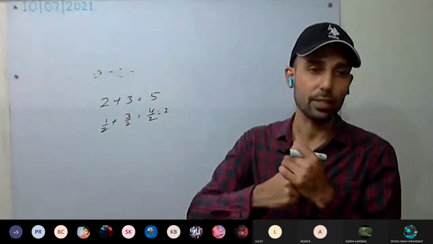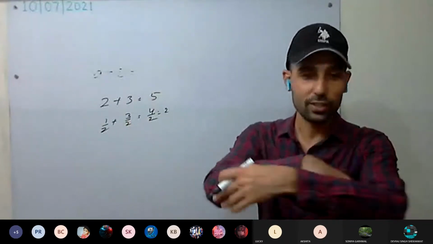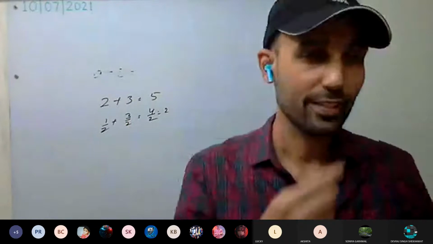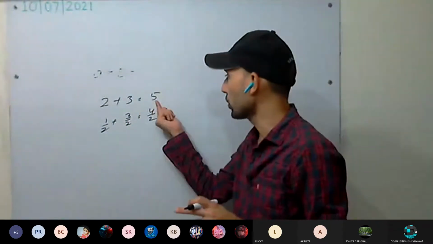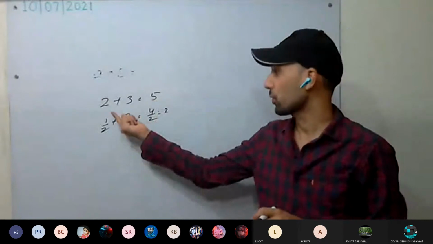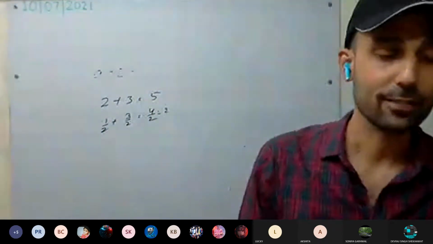Closed to be a rational number. Closed means closed, like we close. Not that close. Closing means like we close it, nothing else will be there. Only it is closed to be a rational number. So the sum of two rational numbers is always a rational number. Okay, second property, what is it?